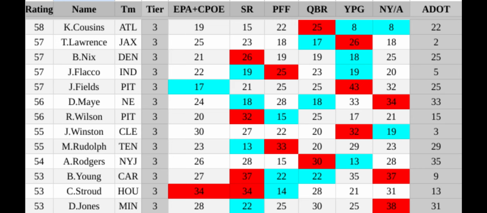That success rate and QBR I like to see, 18. That's pretty good. PFF, I think, is doing him a little bit dirty by saying he was 28th, because just from what I saw, and this is based on every stat imaginable as well, there was just not a lot to support him with.